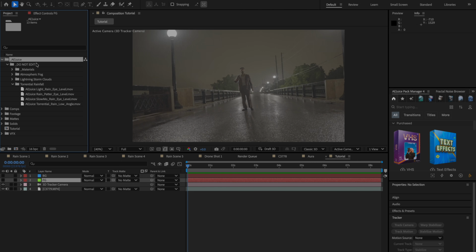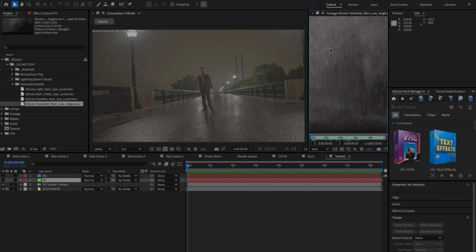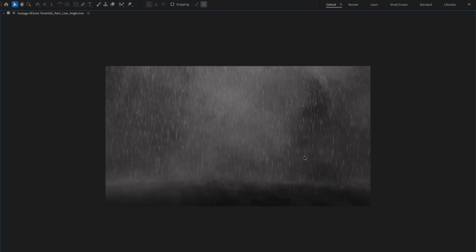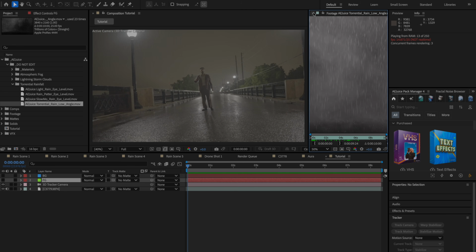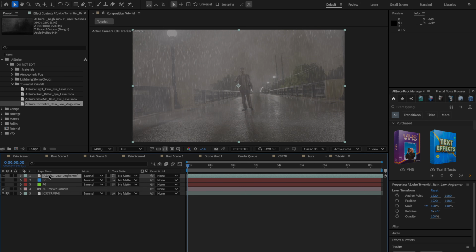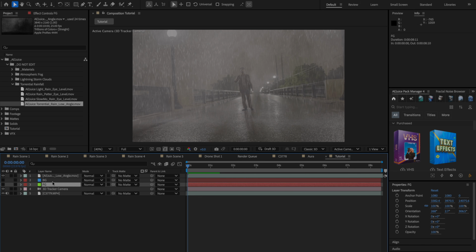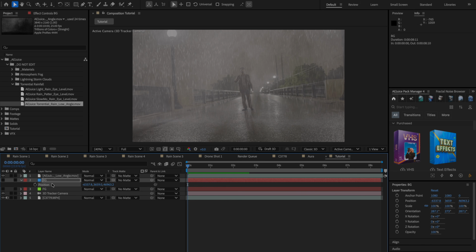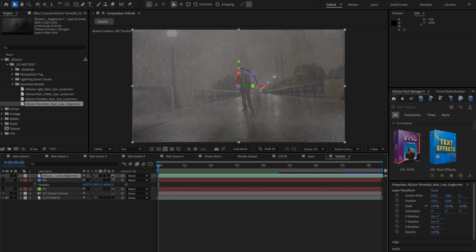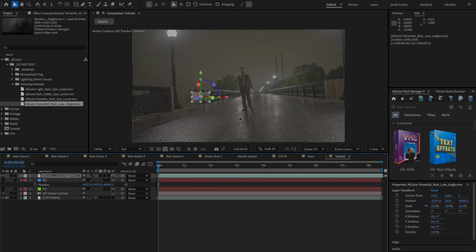So now I'm going to go into my assets over here, and I definitely think I used this one over here, torrential rain. I believe I did use this one, but regardless, it looks really good. So like I said, you could use any rain asset that you want to, but we're going to bring this into the composition over here. And we are going to take the position data from the background over here, copy that. But first, we're going to make this a 3D layer. So we'll go to toggle switches if you don't see it, make it 3D. And we're just going to copy the position data over here,